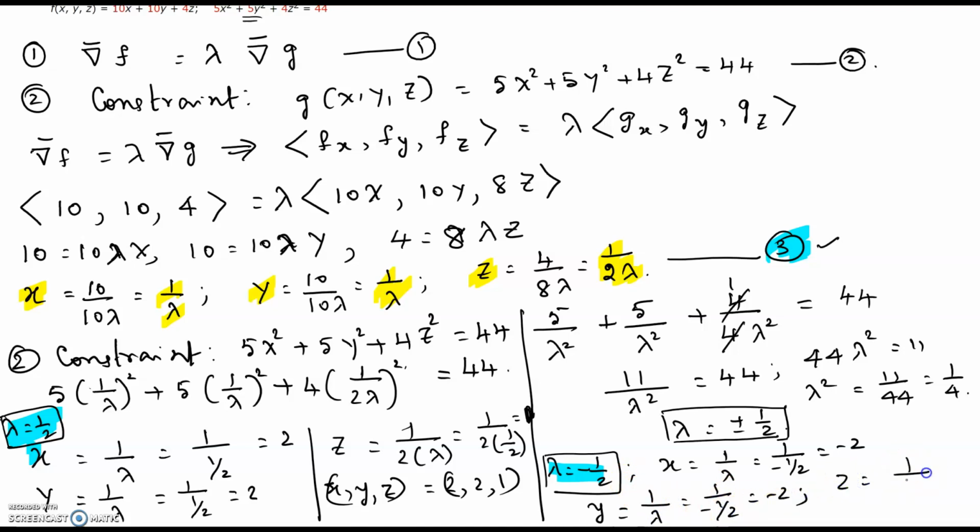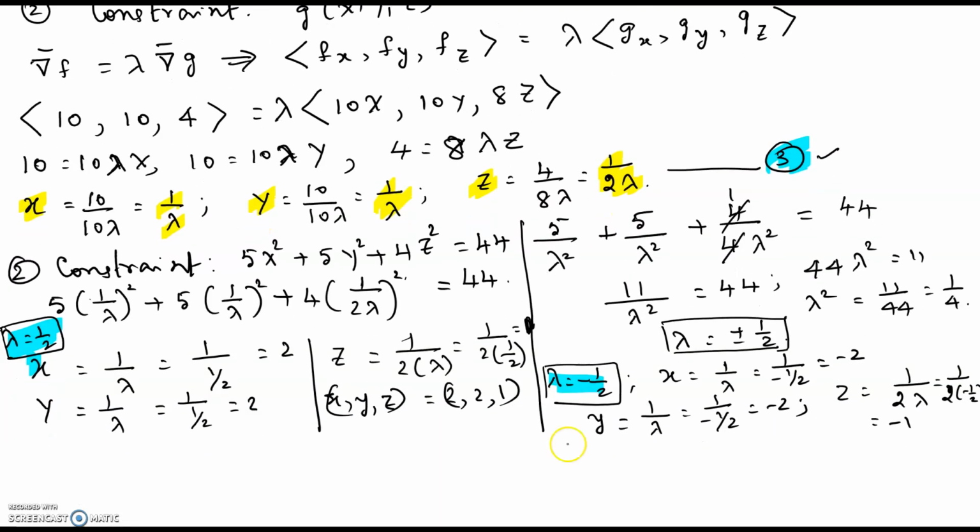Z equal to 1 over 2 lambda. When you plug in lambda equal to negative 1 half, that will be a negative 1. So now the point xyz would be negative 2, negative 2, negative 1. So we get 2 points 2, 2, 1 and negative 2, negative 2, negative 1 where absolute max and minimum